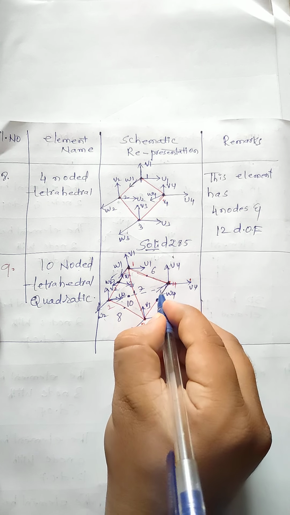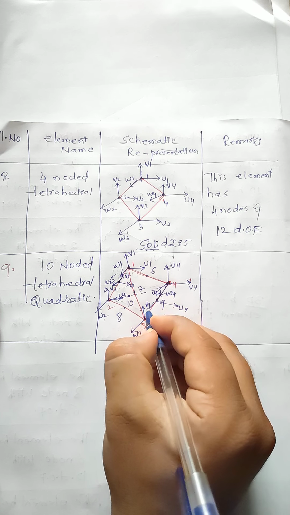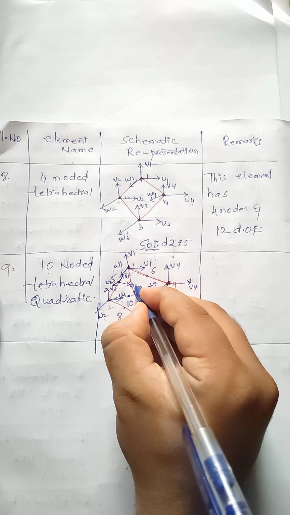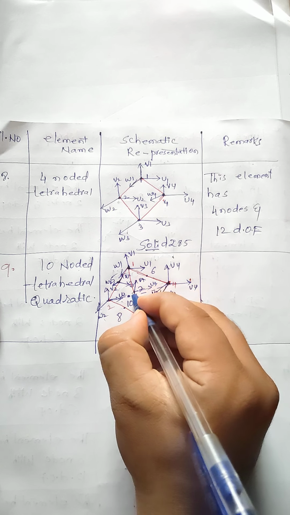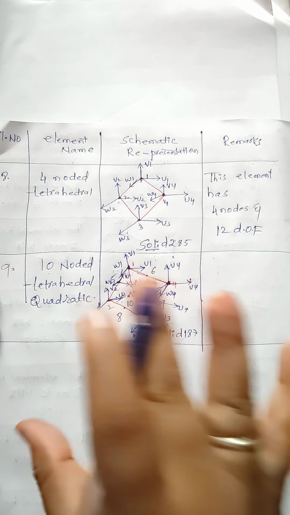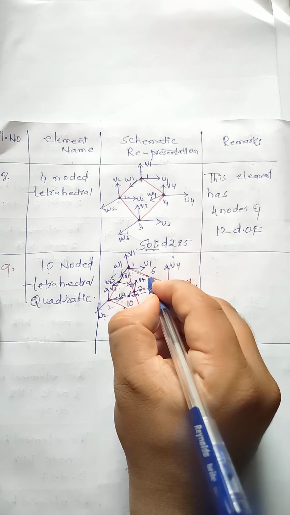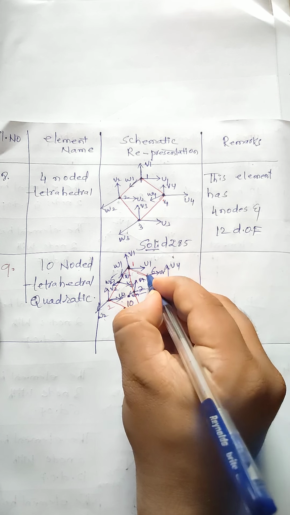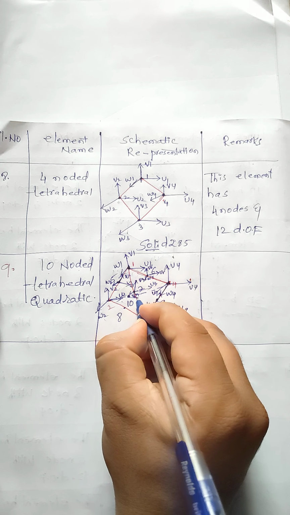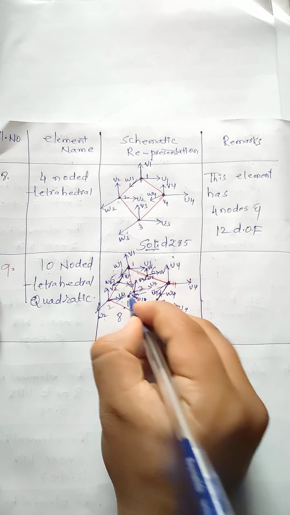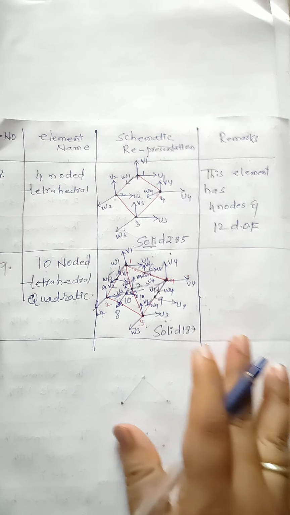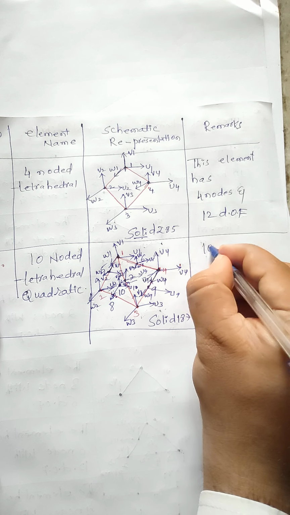u9, v9, w9 and this is u7, v7, w7 and this is, so it is not looking good only. Okay, u6, v6, w6 and this one is u10, v10, w10. Okay, then we can say this is the 10 node